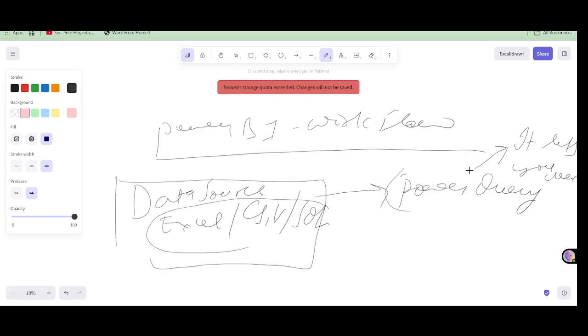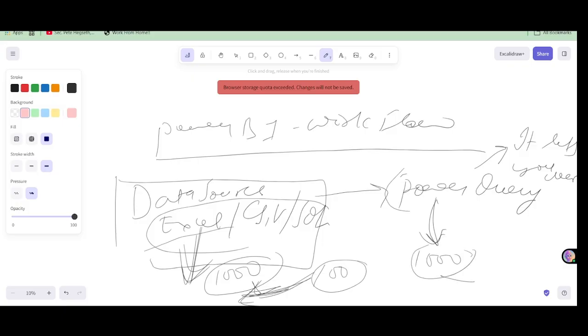What is the difference? The difference is that when you clean your data in Excel, let's say you are cleaning 1,000 rows, and again when you add 100 rows, you have to perform the same operation again. But in Power Query, things are very easy. When you clean 1,000 rows and then add 100 rows, it will automatically clean those 100 rows using the operation you have performed on this data. That we'll see later when we are actually performing this.